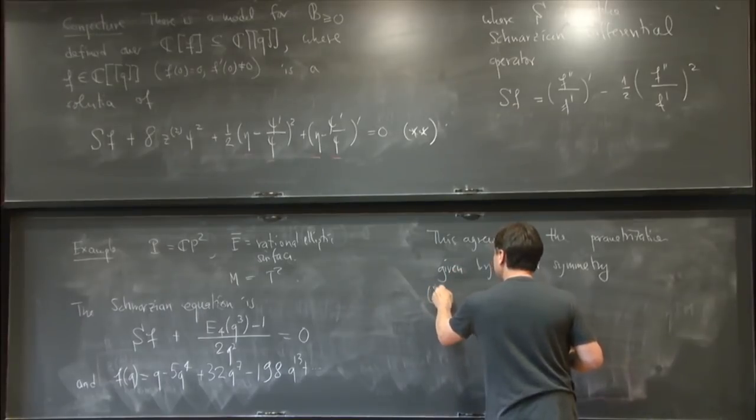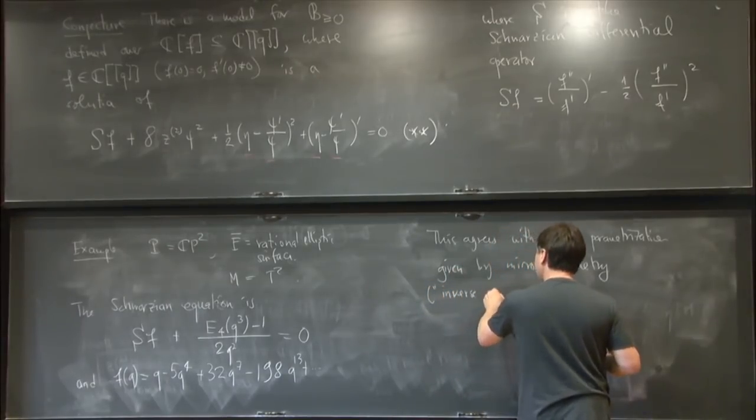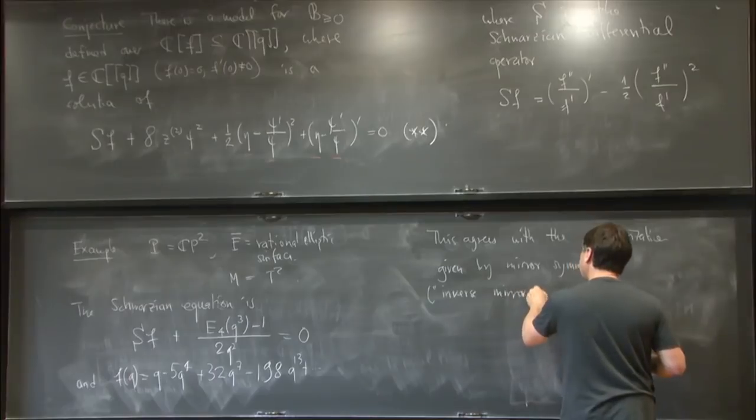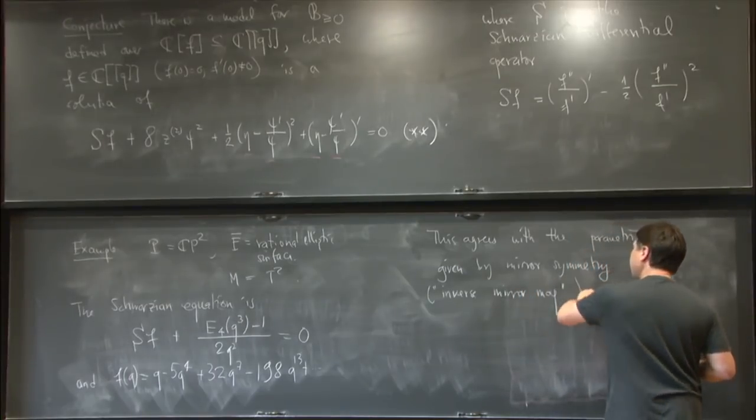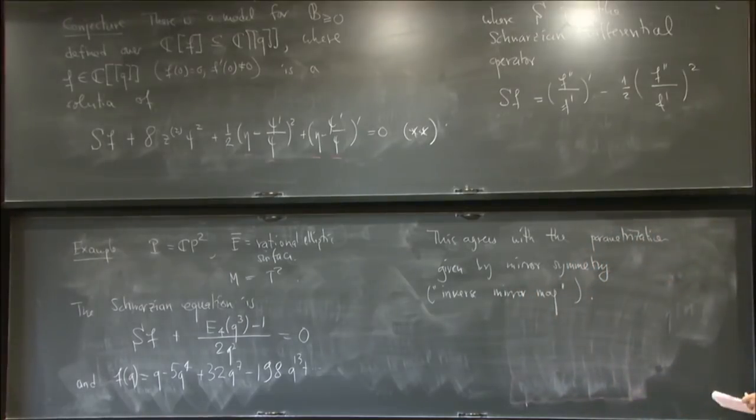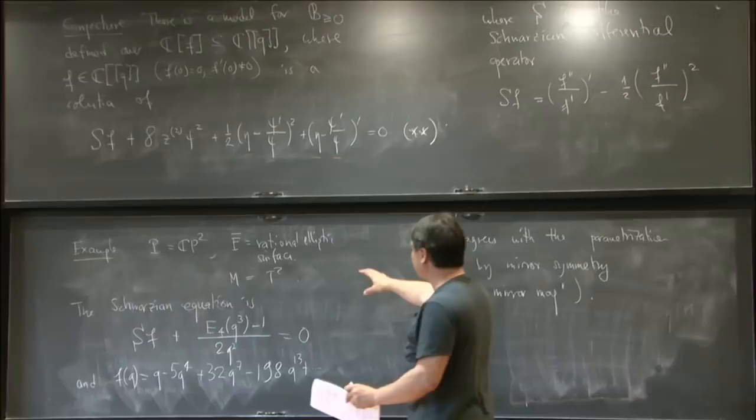I would call this the inverse mirror map. Okay, which is not really surprising because, as I said, we're talking about the Fukaya category of the two